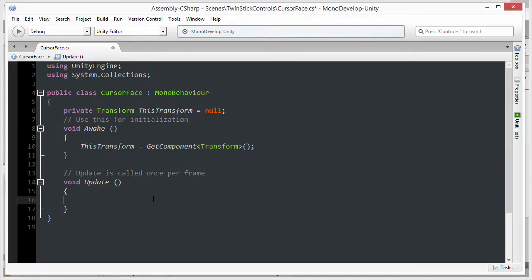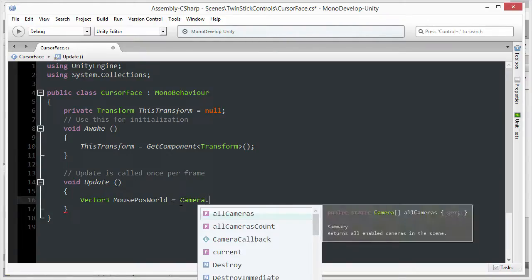And of course, the magic is going to happen inside the Update function. So the very first thing that we're going to need to do is to find the mouse position within the game viewport and convert that into a world space position so that our object, the turret object, can face that direction. To do that, I'm going to need to create a completely new vector, which is going to represent the converted mouse position in the world. So I'm going to call this mousePosWorld, and it's going to equal